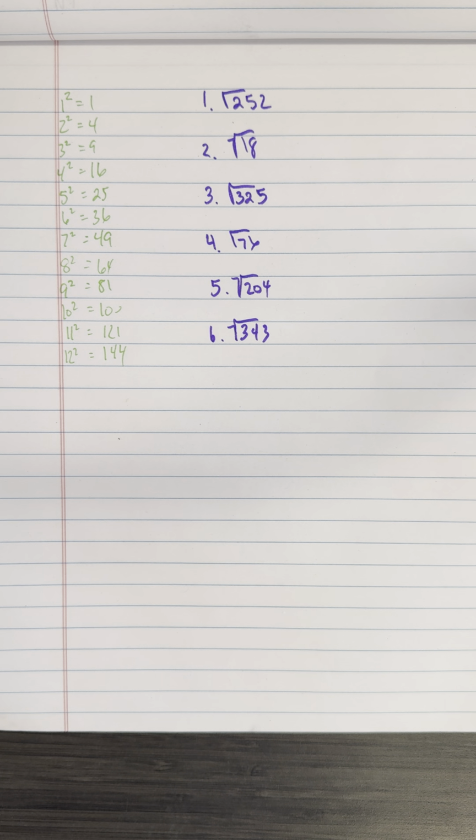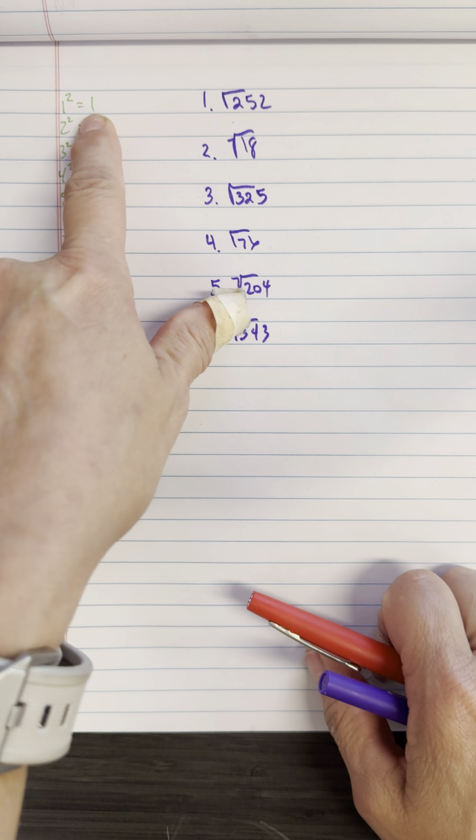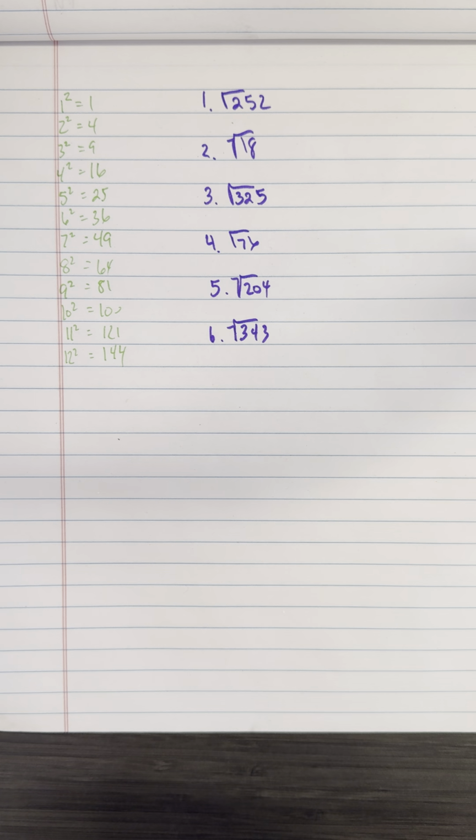Simplifying radicals. I'm going to show you two different methods. First, what perfect square is inside that number, 252? Since 252 is even, I'm going to start with 4. Of course, 1's in everything. So 252 divided by 4